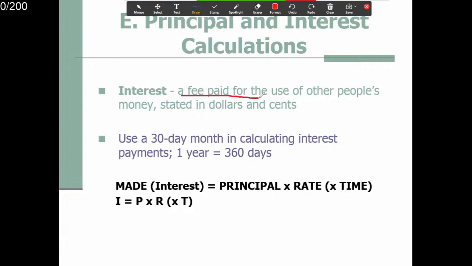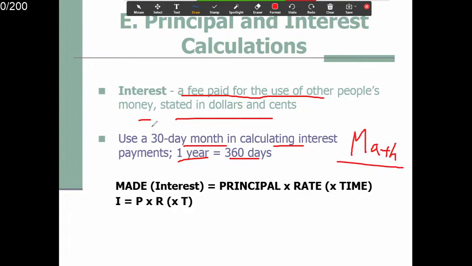Okay, principal and interest calculation. Interest is a fee paid for the use of other people's money, stated in dollars and cents. Right? Use a 30-day month in calculating interest. 1 year, 360 days. So this is for math problems only, right? 你做算术的话，就是用30天来算，一年用360天来算。真的情形的话，就用这个真的数字来算，OK？